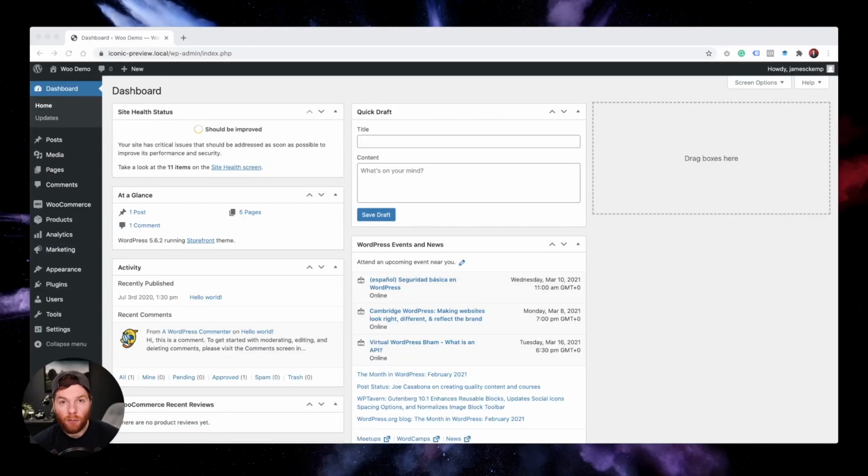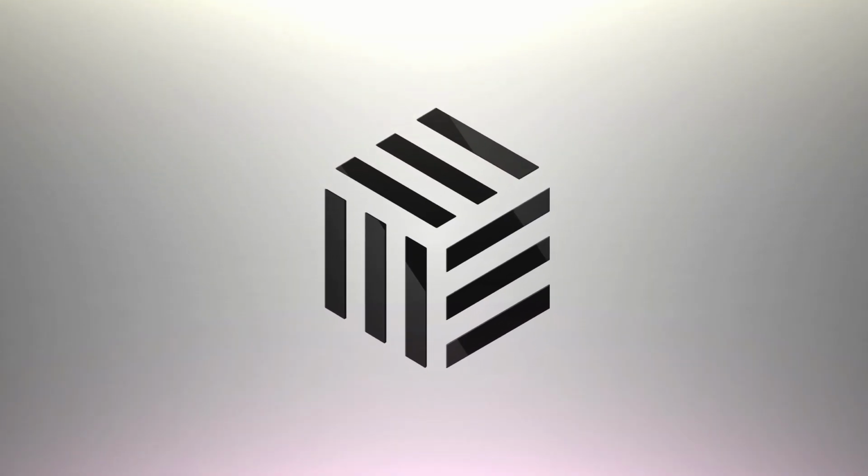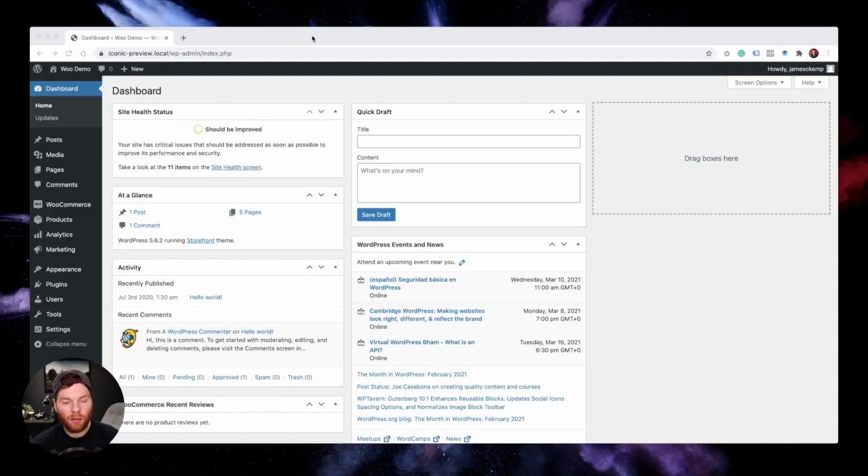So in this video, I'm going to show you how to install and activate a plugin from Iconic WP. So first of all, when you make your purchase, you're going to be sent the license key and the download via email. So once you've got that and you've downloaded the plugin, navigate to your WordPress backend, which should look something like this. Go to the plugins section,